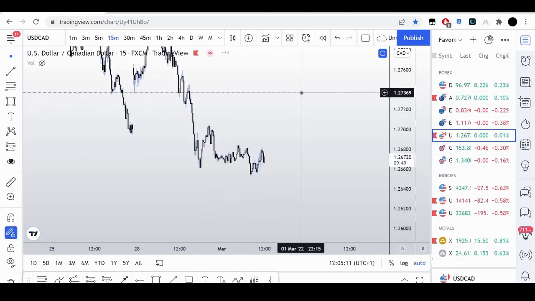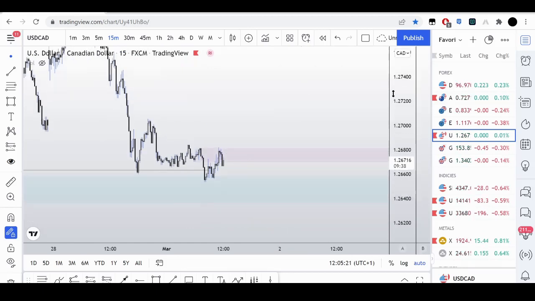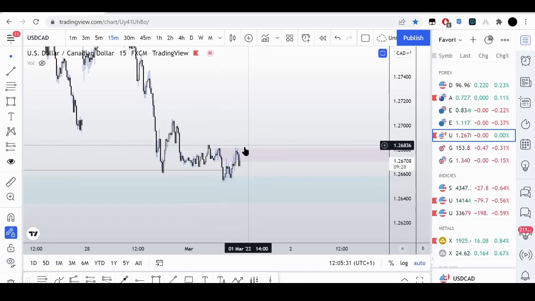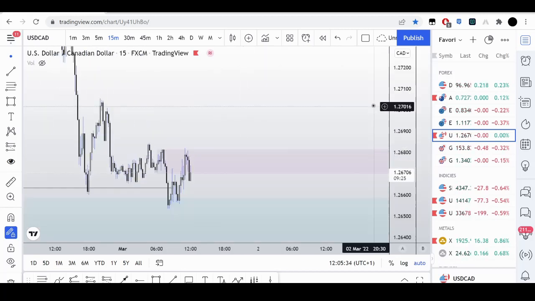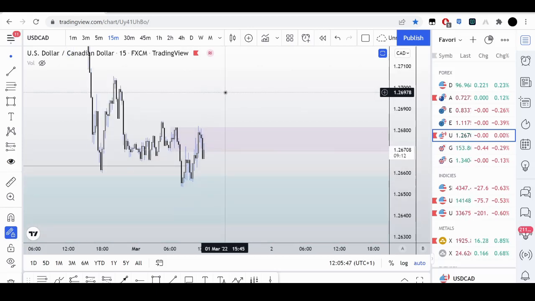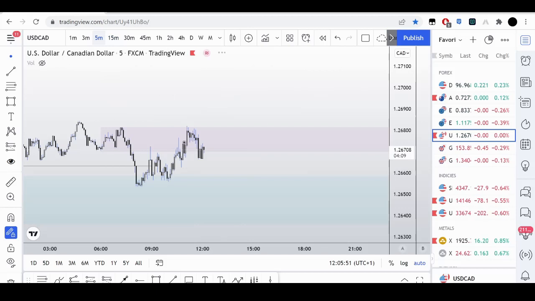Hold on, give it 1 second. All right, so we came down into that buy area that I was talking about, right here, and we got a good reaction. I was looking for us to go above this high right here to cause a shift in delivery and maybe take it off the breaker, because I wouldn't expect it to come all the way down here. Once it breaks above here, then come here to this down candle and then continue up. That's what could happen potentially, but I don't like the delivery after it came down to this low.